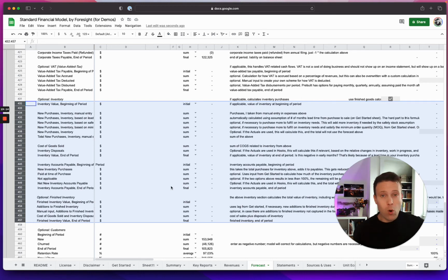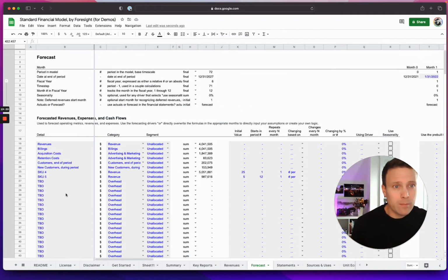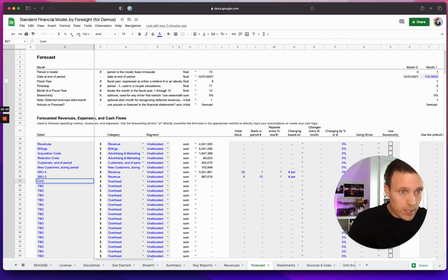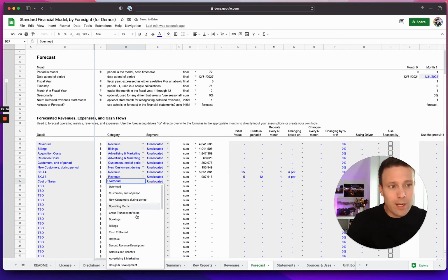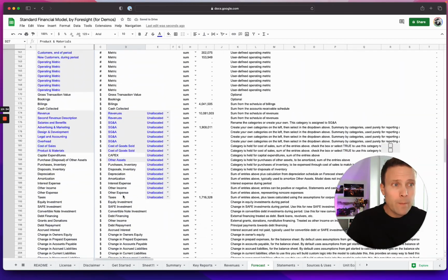So the corollary to that is, how do I do cost of sales? Usually we're just going to put cost of sales as an expense item. So I'm going to include an item like cost of sales, and I'm going to assign it to a cost category, which I'm probably going to call cost of sales. Now I'm going to assign it to product materials cost, and the reason why I'm going to do that is there's a number of items in here, and